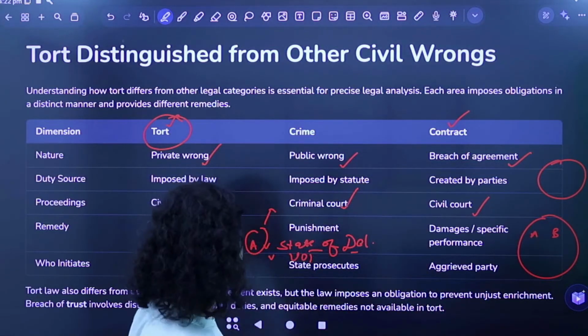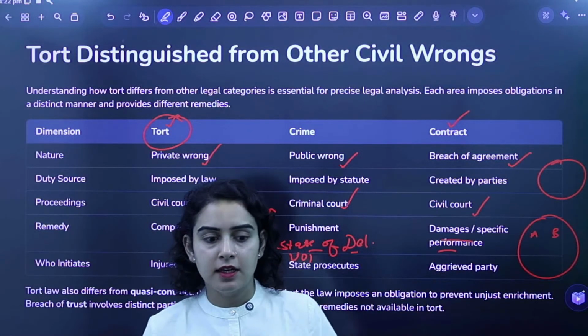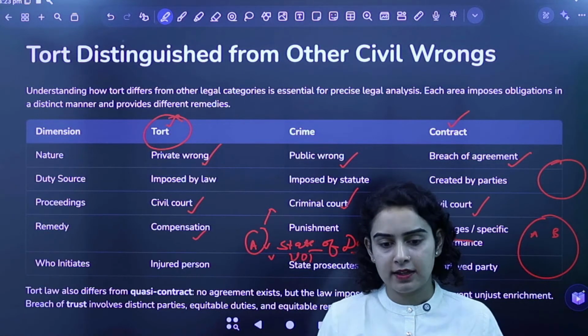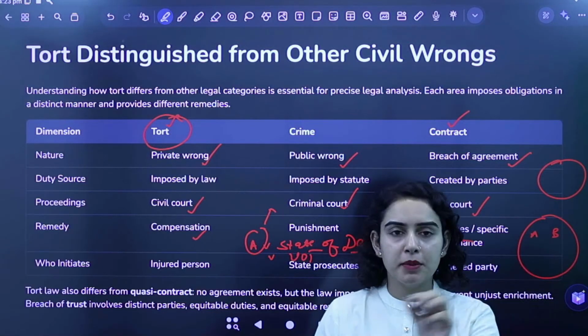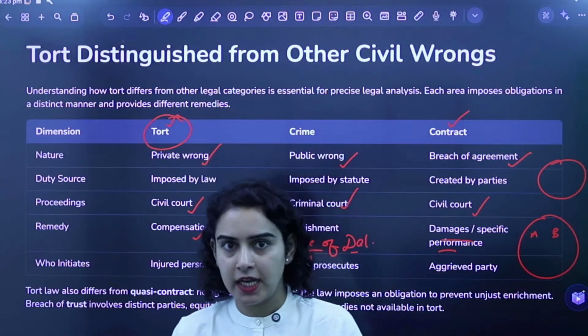कॉन्ट्रैक्ट में भी आपको कंपनसेशन मिलता है, right, but it is pre-decided. It is liquidated, यानी कि वो already decided है. आप जब भी कॉन्ट्रैक्ट करते हो, कॉन्ट्रैक्ट में आप decide कर लेते हो कि अगर आपने मेरी ये कंडीशन नहीं मानी, then you will have to pay me this much of money, right.